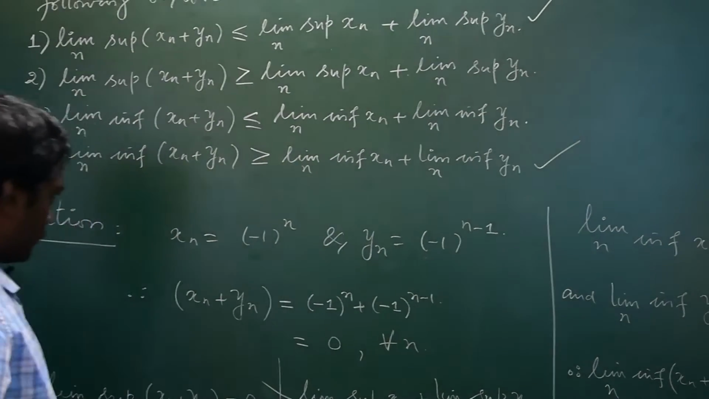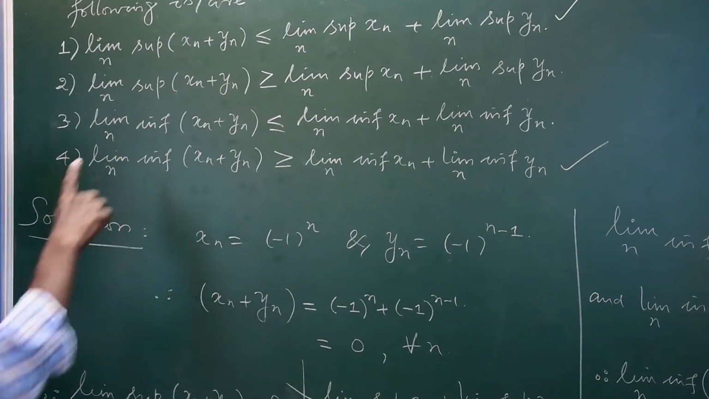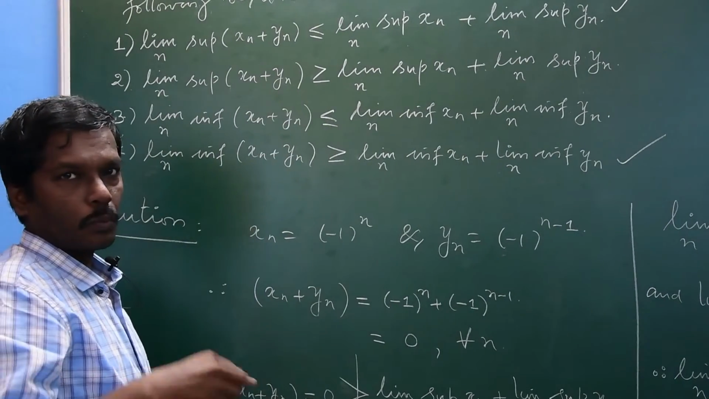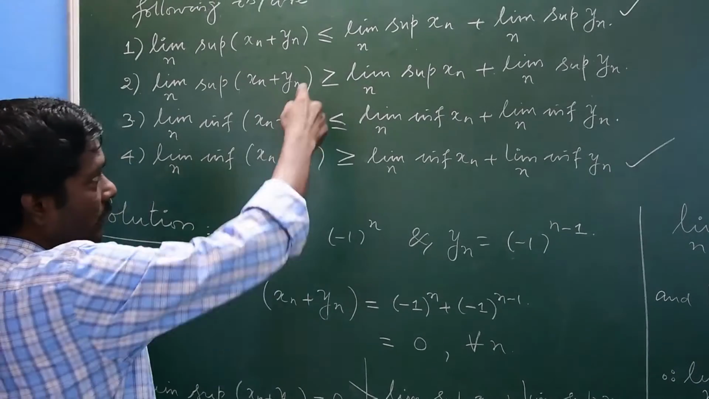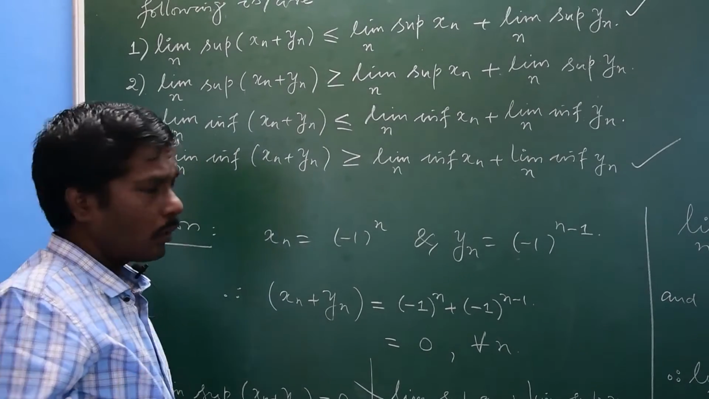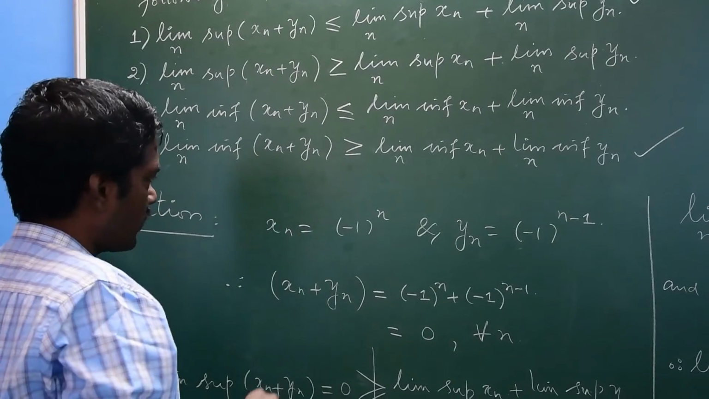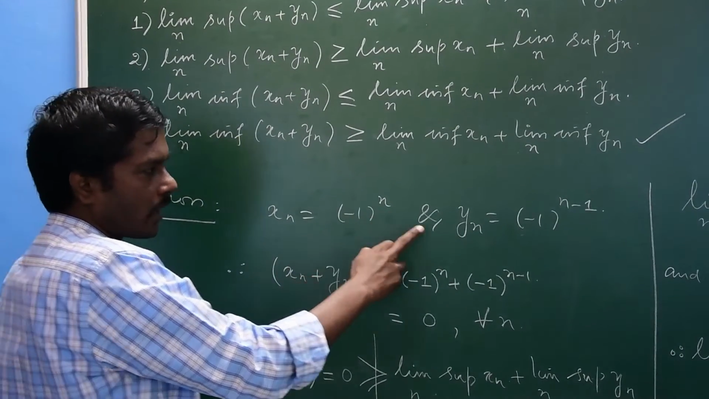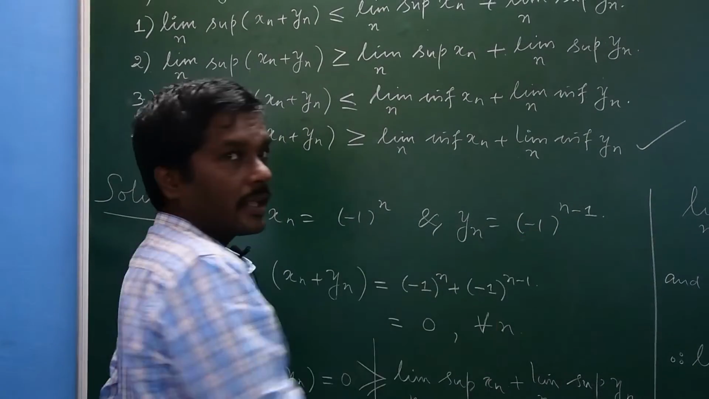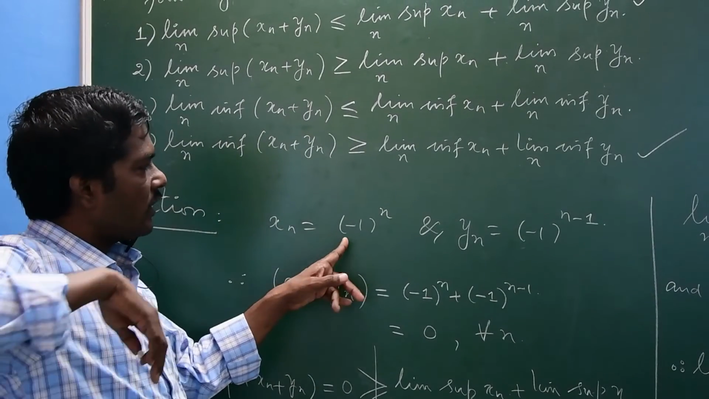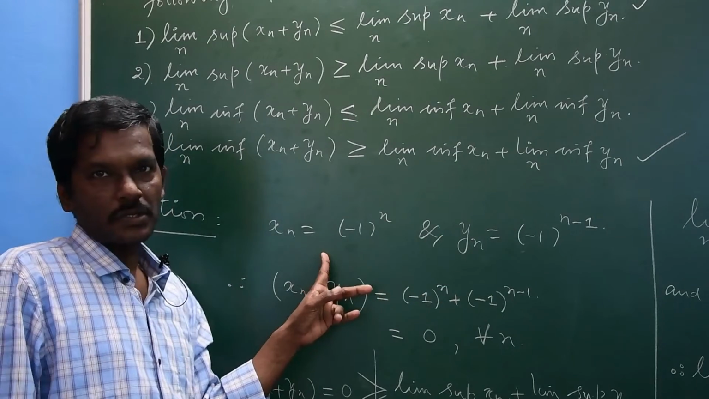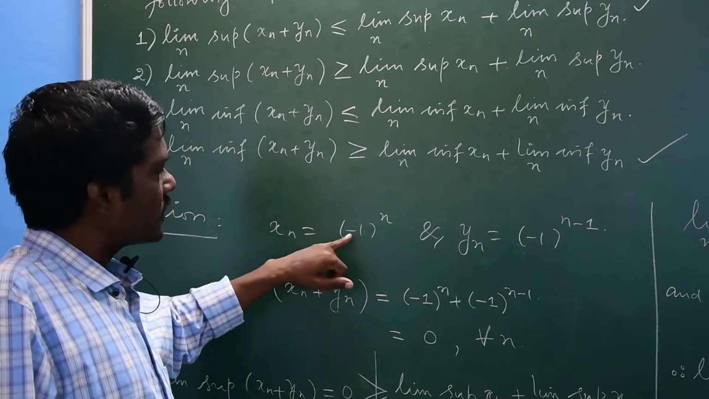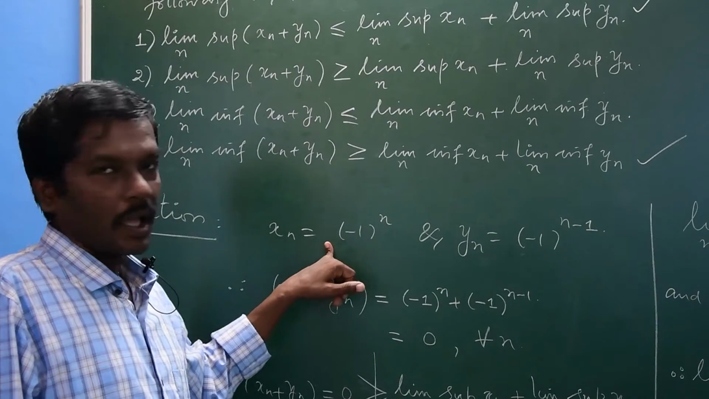For that, to prove some result as false, what you have to do is produce a counter example. So consider two sequences, xn is equal to (-1)^n and yn is equal to (-1)^(n-1). Now we deliberately take sequences which are oscillating finitely, or we have to consider sequences which are